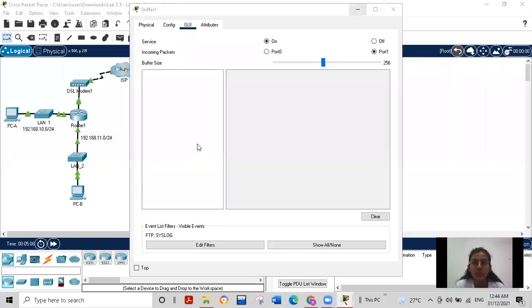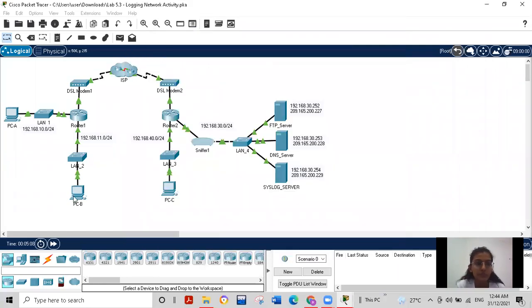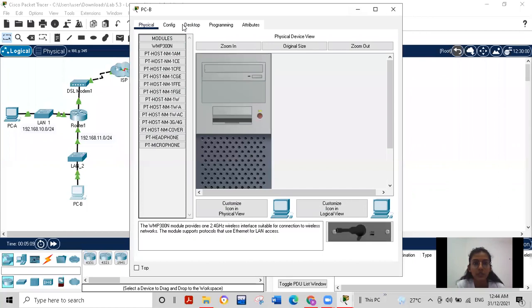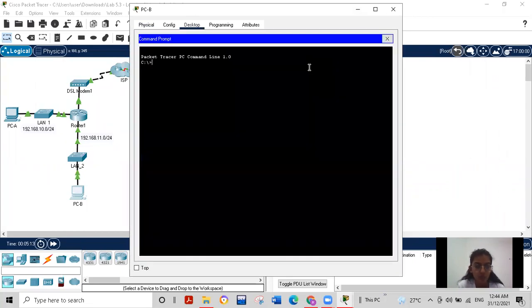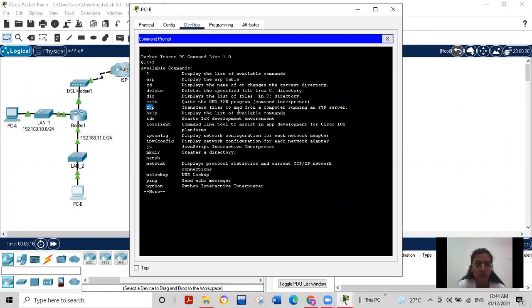Now we go to PCB, Desktop, Command Prompt. We have to type a question mark. Then we select ftp, transfer files to and from a computer running an FTP server. Then we're going to type ftp